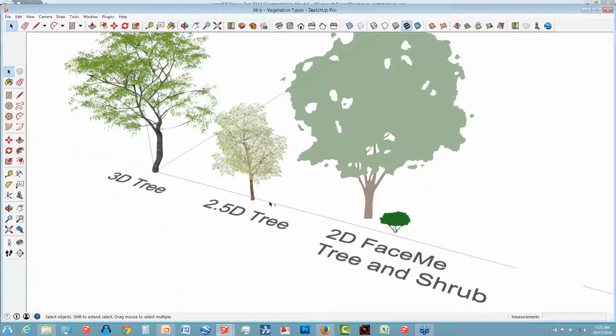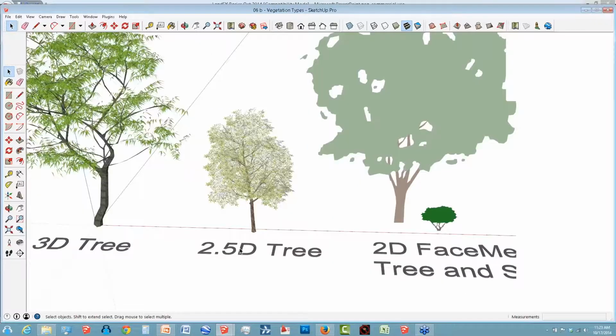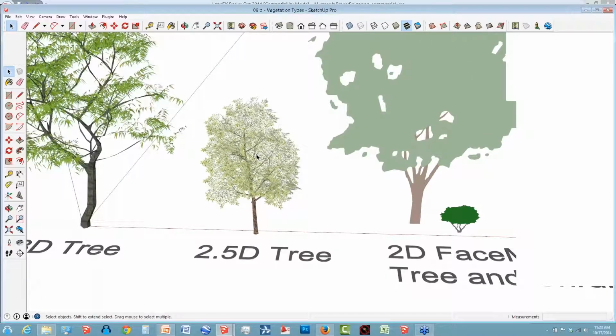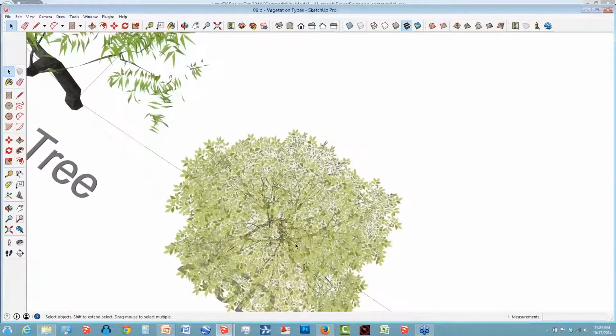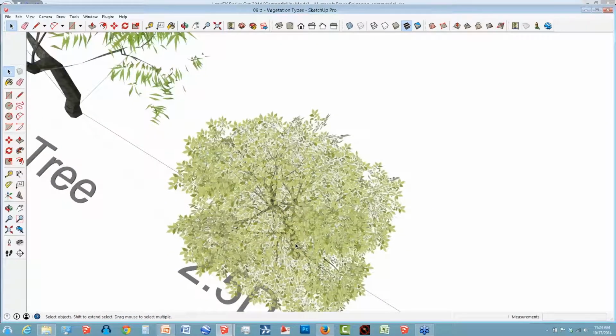or these 2.5D trees, which are really images of branches and leaves that compose the illusion of actually creating a 3D tree. It is technically speaking 3D, it's just the way it was arranged and created, using these different transparent PNG images to create the illusion of branches. So something to keep in mind, and this is my last suggestion about trees: